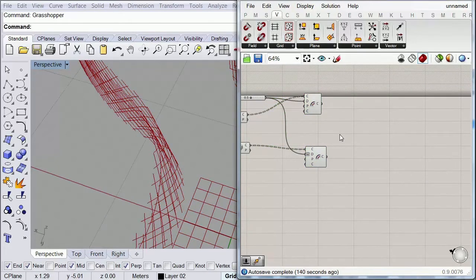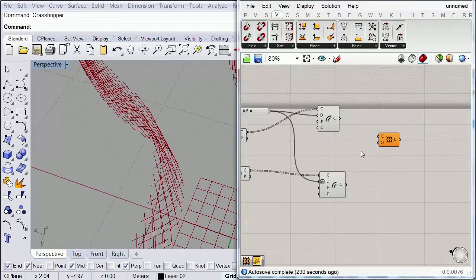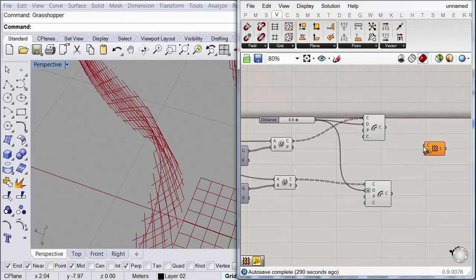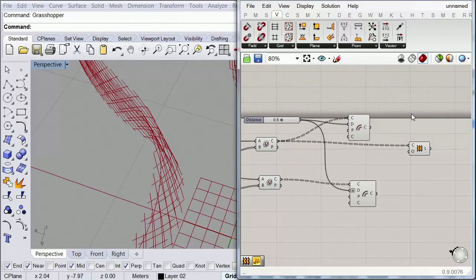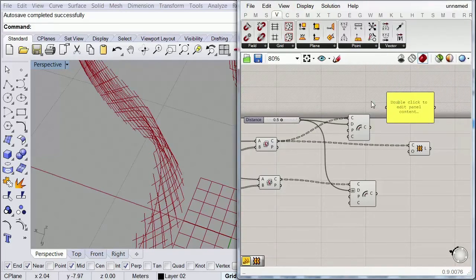Okay, so the last thing we're missing here is to use these curves to create some surfaces. The easiest way to create this is by using a loft component. So I'm gonna go ahead and call one of those. And I'm gonna connect my first set of curves over here. And then I'm going to call the panel component just to see how these branches are organized, and make sure that I can match them.